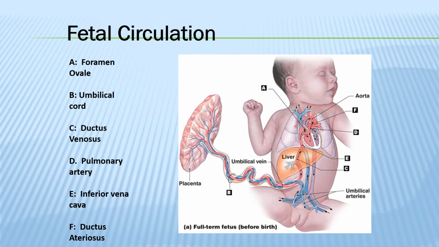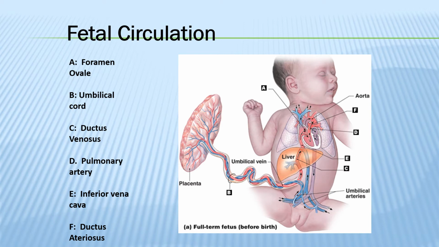The majority of blood actually goes through the foramen ovale. Because of the trajectory of blood flow, it's the path of least resistance, so the majority of blood goes through it. The rest of the blood that does not go through the foramen ovale, most of which is returning from the brain through the superior vena cava, goes straight into the right ventricle,